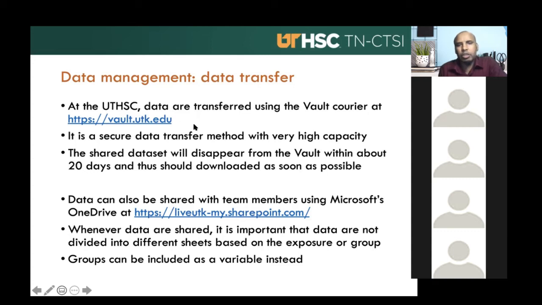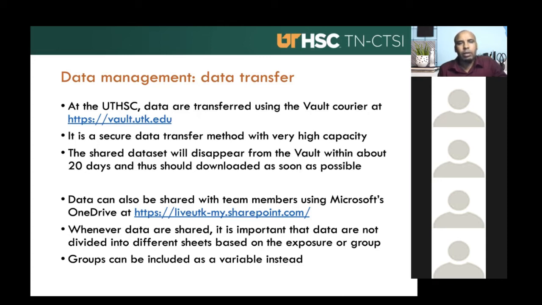On this page, you can send a very large data set without having to compress it. Sometimes bigger data, like 20 gigabytes, cannot be transferred using the regular email, and it's not the safest way to send data. So at the University of Tennessee, we use the